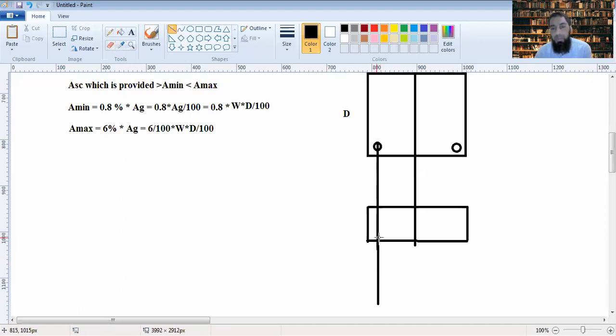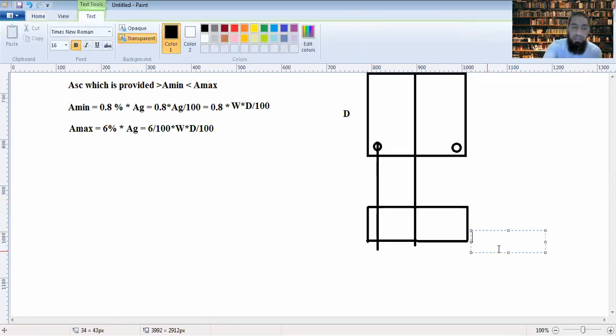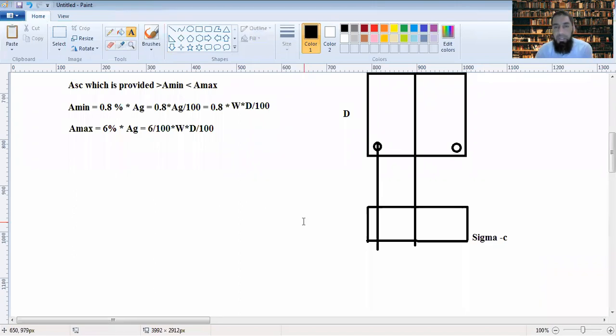So the compressive stresses that could develop would be more, but because there is a strain compatibility in steel and concrete, the amount of compression developed will be uniform throughout. It will be shared by the concrete and steel. So this amount of stresses will be sigma C, the stresses that are developed in the cross-sectional body of the column under compression, and it becomes moreover uniform.